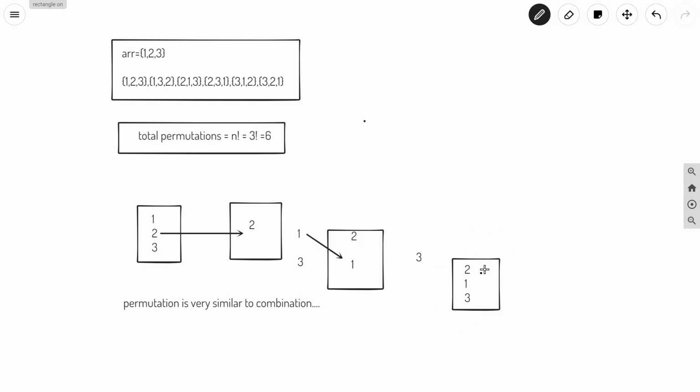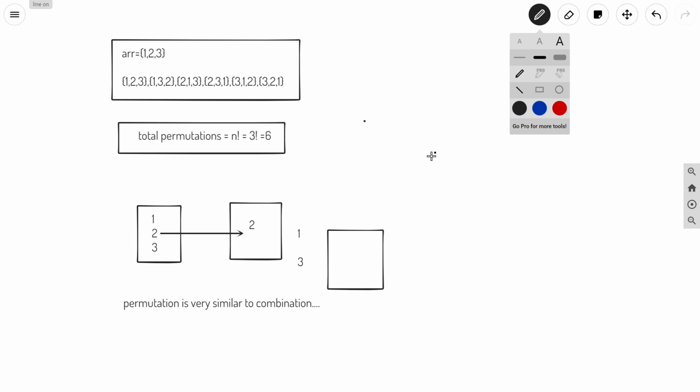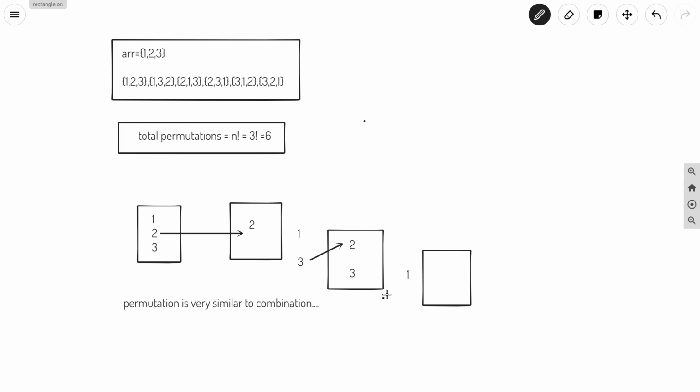We will store this vector in our resultant vector, and we will go one step or two steps back again. We were adding 1 here, but we can add 3 also, so we will push back 3. 2 was already present, and we push back 3, and again we are left with 1. So again we will have the vector, and we push back 1 here. We were having 2 and 3 initially, and now you can see that we got 2 3 1 also, and we are done with 2.